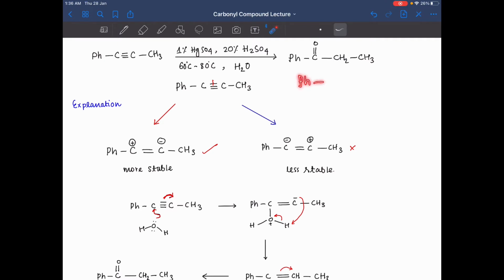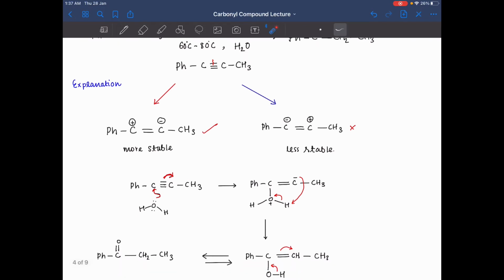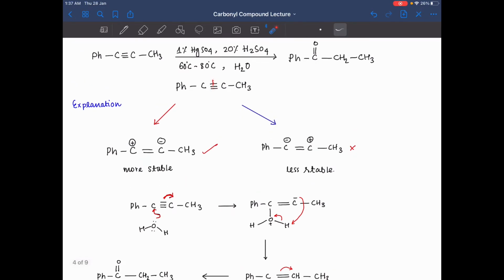Why not this product? Why is this product not forming? This product is forming. Now we'll explain that. If we break one of the C-C bonds, there are two possibilities that can generate this structure or this one, that is, basically a positive charge on this carbon or a negative charge on this carbon. The positive charge on this carbon is stable because of the plus R effect,